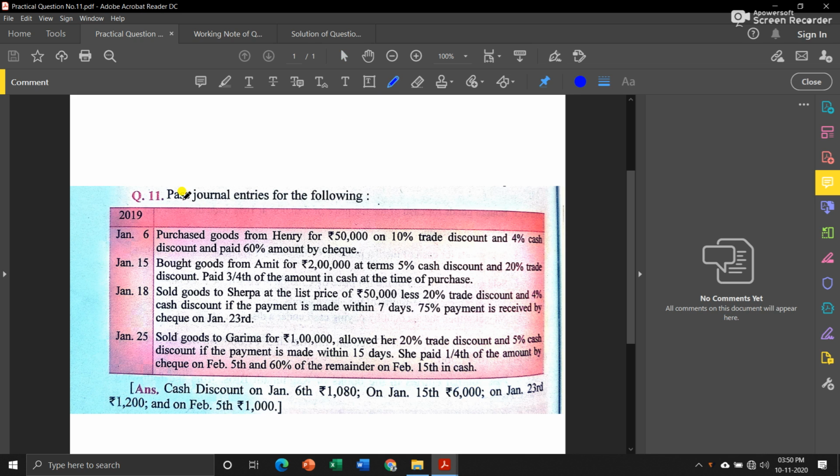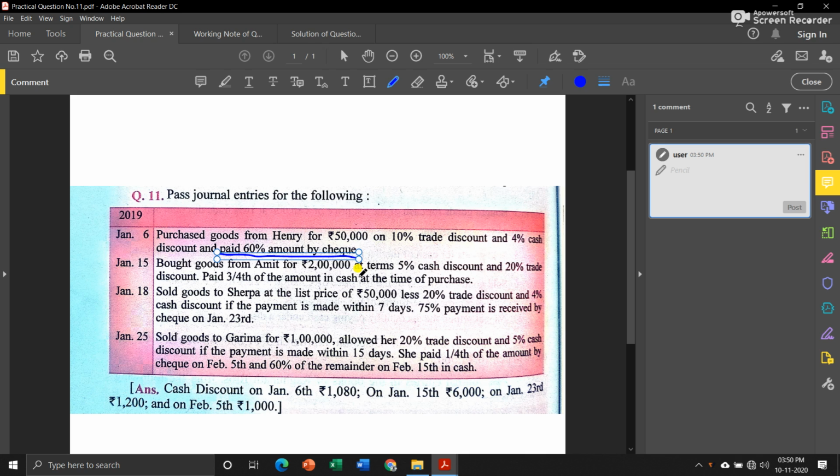They have only mentioned passing journal entries. That means in the heading we have to give only Journal. Now let us see transaction number 1, which took place on January 6. Purchased goods from Henry for 50,000 on 10% trade discount and 4% cash discount, and paid 60% amount by